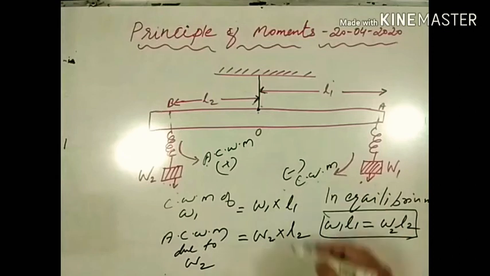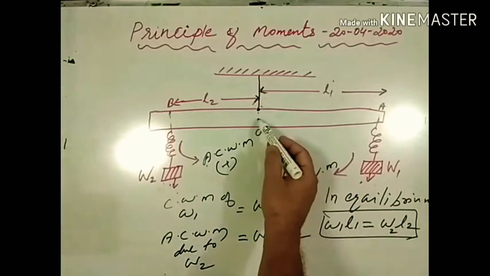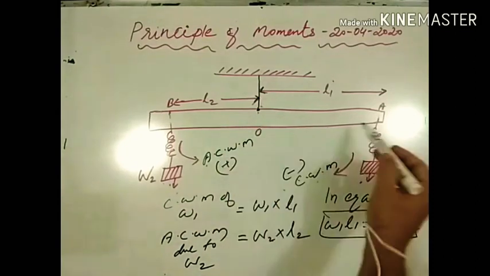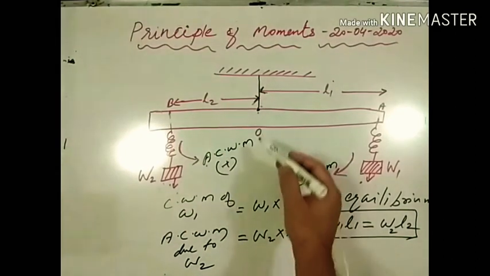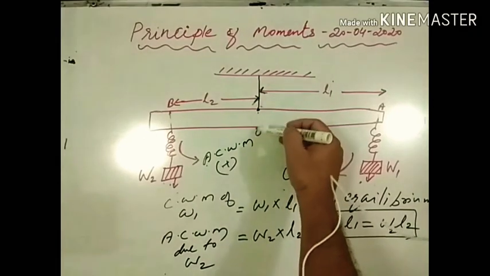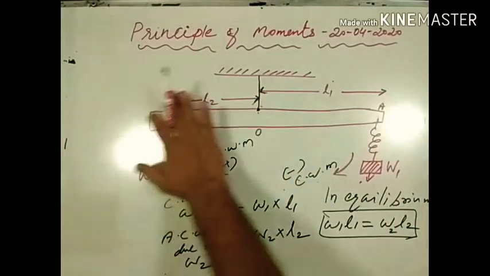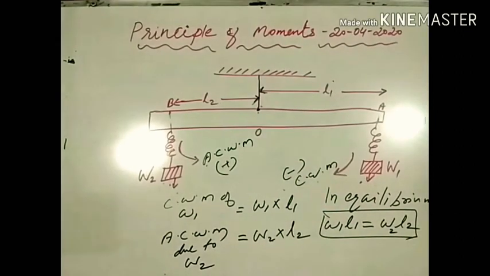We have already studied this in the previous session. So if the algebraic sum of moments of all the forces acting on the body about the axis of rotation is 0, the body will be in equilibrium. So the resultant moment of forces about a point O is 0, this body will not rotate. You know that in order to rotate a body, a net force should be acting on the body. A net force is required to produce any type of motion, linear motion or rotational motion. So the net force about the fixed point is 0 here.